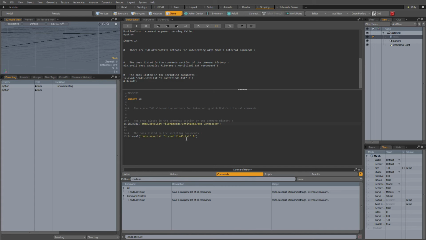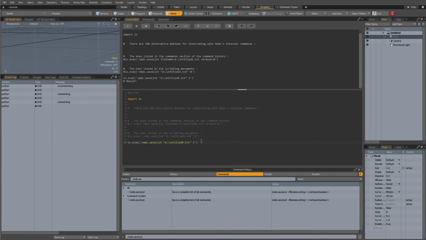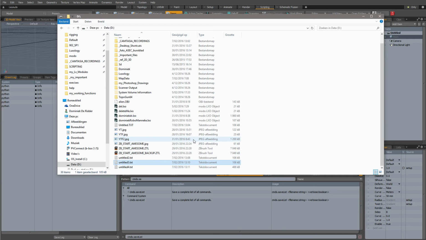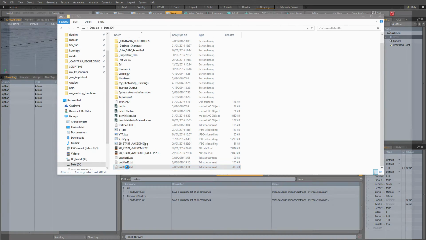And I can also run this code, of course, Ctrl+C to copy, Ctrl+V to paste, with a value of 1 or true, and I'm going to uncomment this, Ctrl slash to uncomment that. Now I'm going to create a fourth one, so untitled 4.txt, and my verbose argument, which is a boolean, has now been set to 1, and let's see what that does. So okay, now I should have a fourth one, and here it is, untitled 4.txt, and now you see